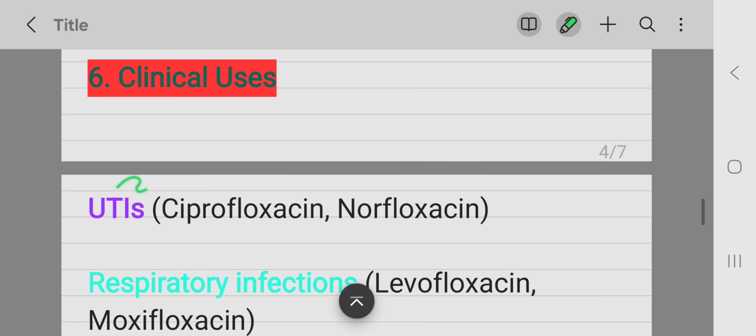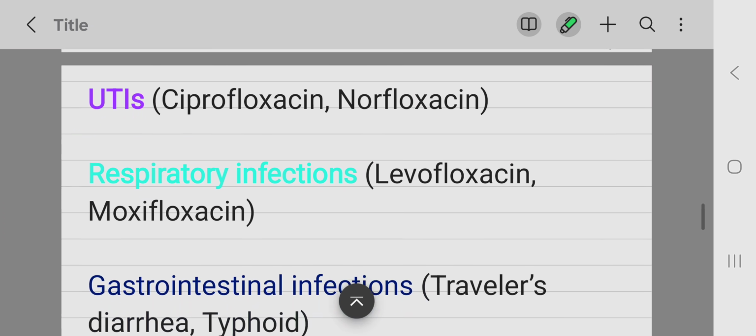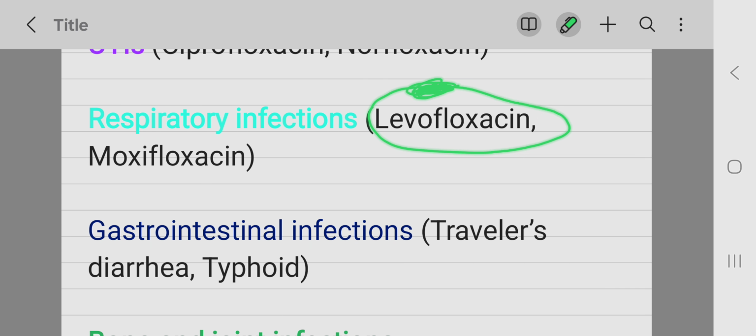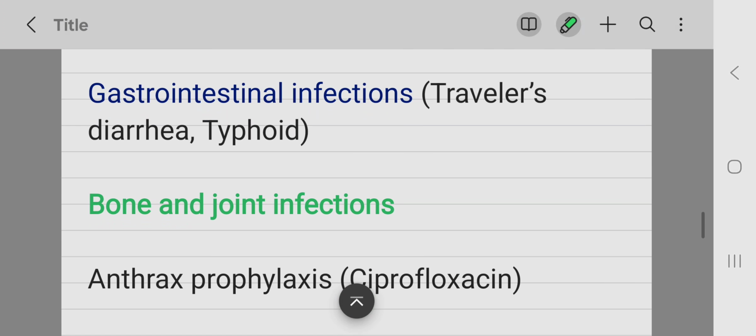Clinical uses: first one is, as I have told you, urinary tract infections mostly caused by Escherichia coli. These are treated by ciprofloxacin. Norfloxacin and levofloxacin can also be used for UTIs. Then respiratory infections like pneumonias are also treated by respiratory fluoroquinolones like levofloxacin and moxifloxacin. Gastrointestinal tract infections like traveler's diarrhea caused by E. coli